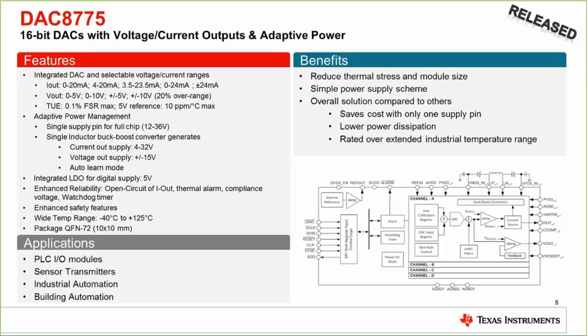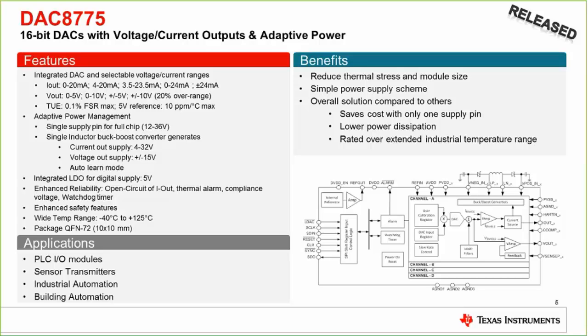So it looks like, at least on the high level, that the DAC8775 is going to be a good part for this reference design. I mentioned the adaptive power management feature within the context of a current output, but the actual structure implemented is what we call a single inductor multiple output buck-boost converter. As you can see on the graphic on the bottom right, we have just one inductor along with 2 diodes implemented as the 3rd and 4th switches for the structure, which allow us to generate both a positive and negative supply voltage.